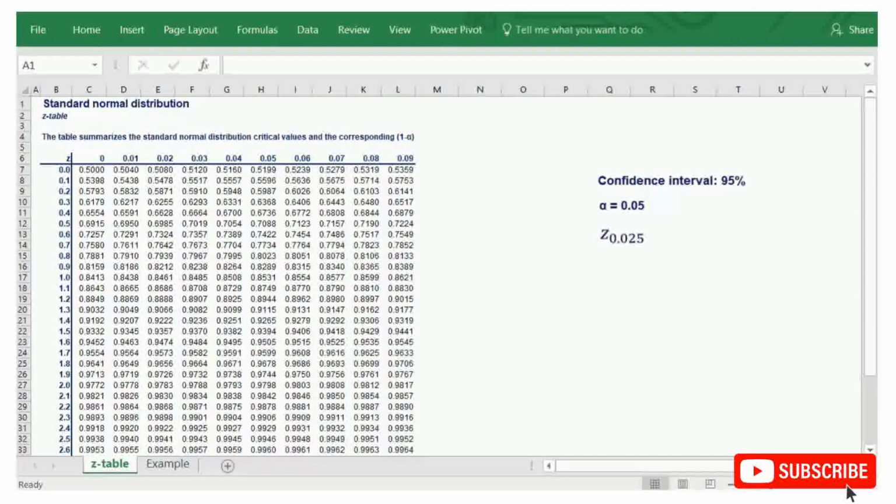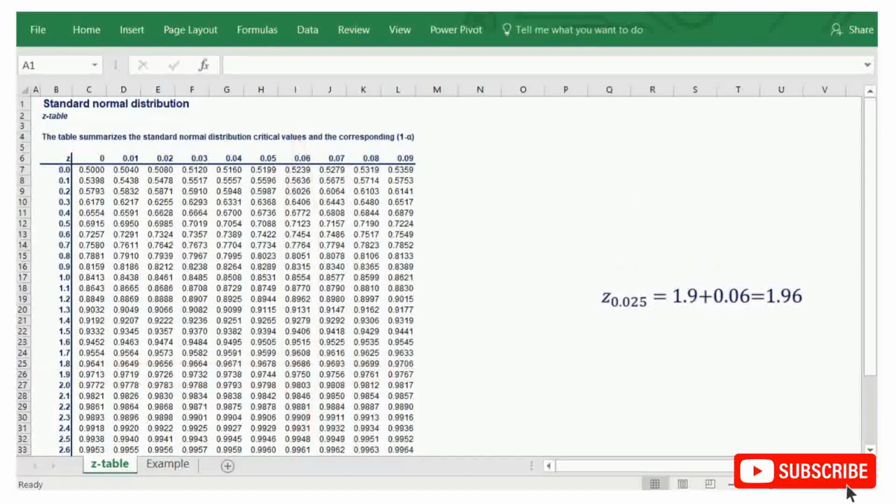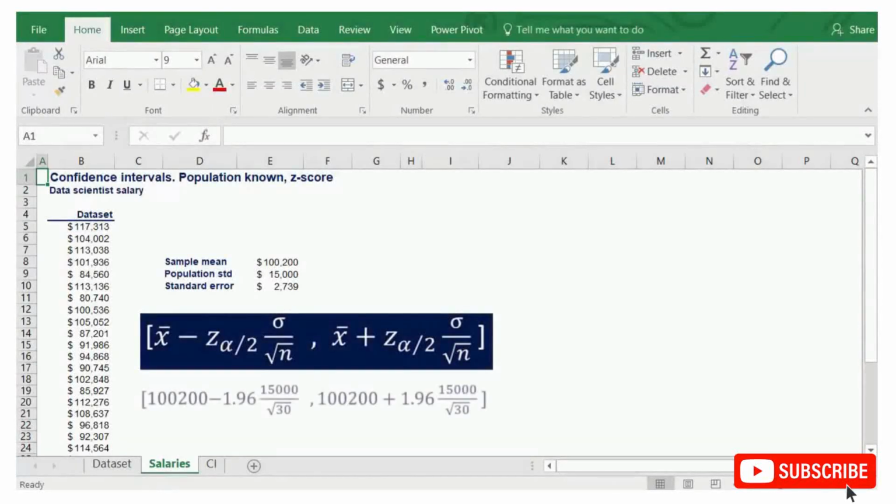In this table, this will match the value of 1 minus 0.025, or 0.975. The corresponding z comes from the sum of the row and column table headers associated with this cell. In our case, the value is 1.9 plus 0.06, or 1.96. A commonly used term for the z is critical value. So, we have found the critical value for this confidence interval. Now, we can easily substitute in the formula. The final confidence interval becomes